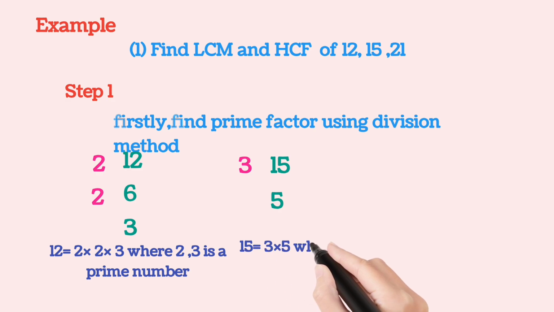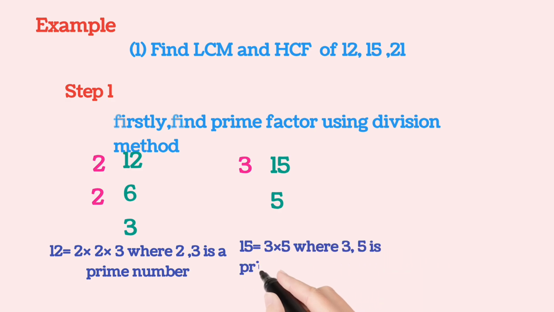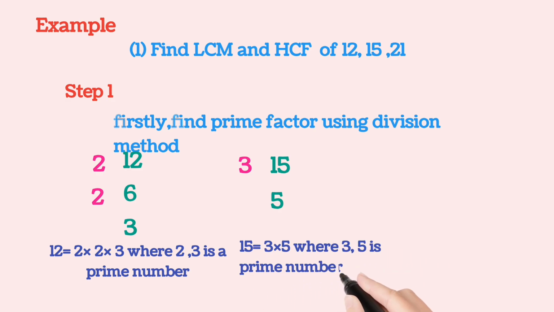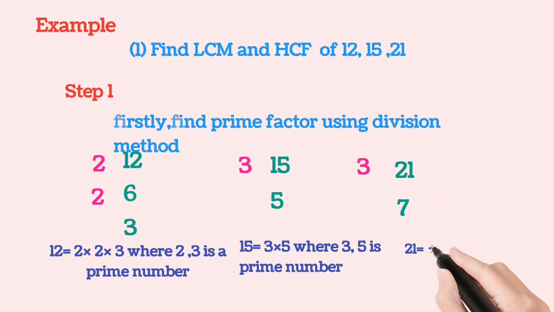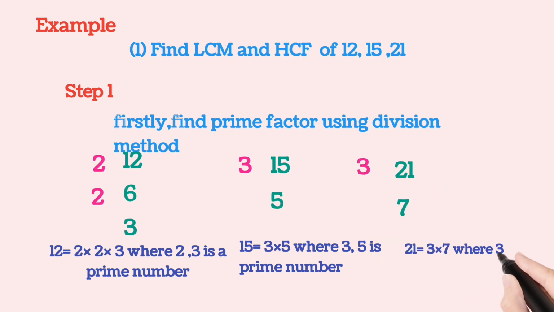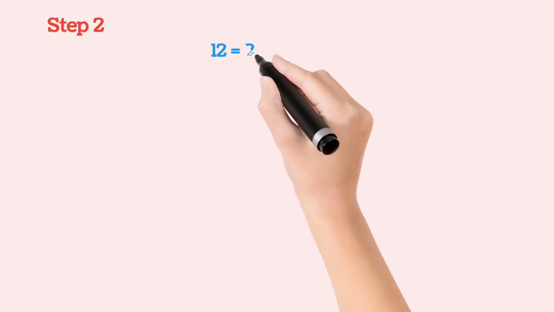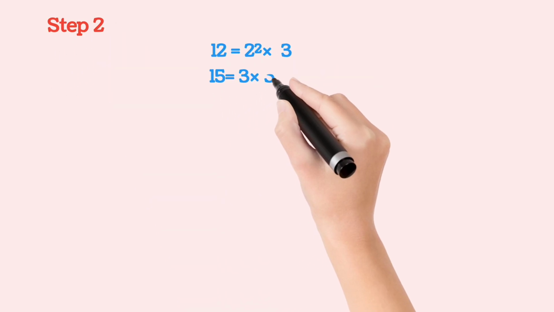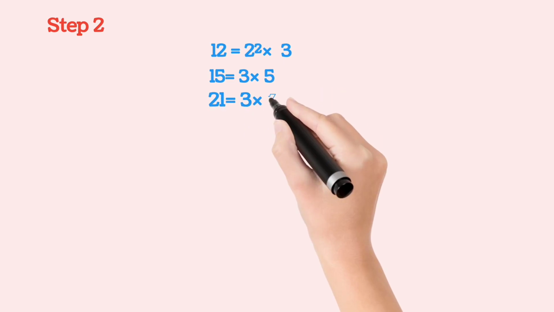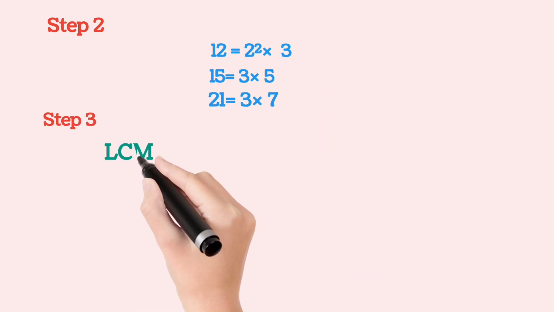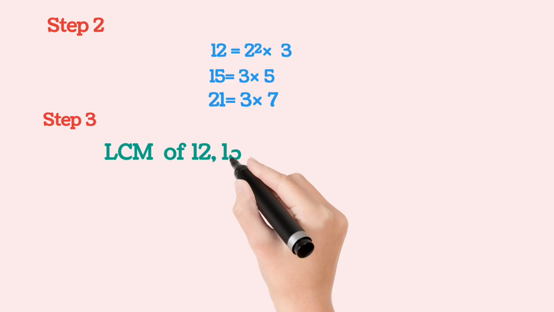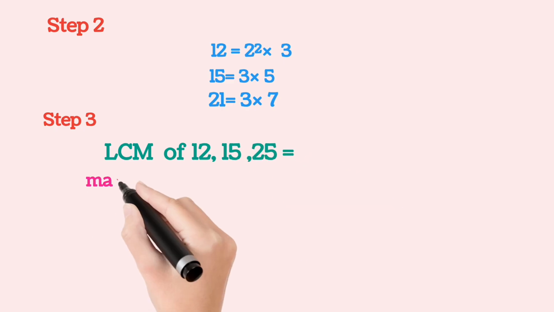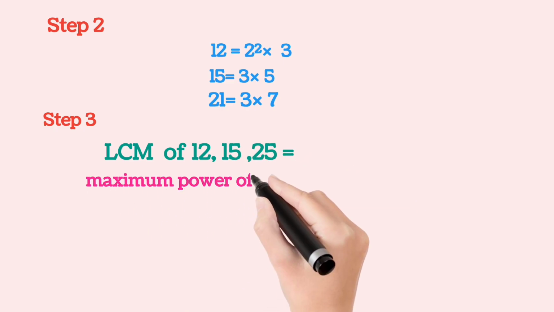नेक्स्ट 15 है, 15 को 3 से डिवाइड करेंगे तो 5 आएगा। 15 equal to 3 into 5 where 3 and 5 are prime numbers. 21 को 3 से डिवाइड करेंगे तो 7 आएगा। 21 equal to 3 into 7 where 3 and 7 are prime numbers. Now Step 2, 12 equal to 2 square into 3, 15 equal to 3 into 5, 21 equal to 3 into 7. Step 3, LCM of 12, 15, 21, that is maximum